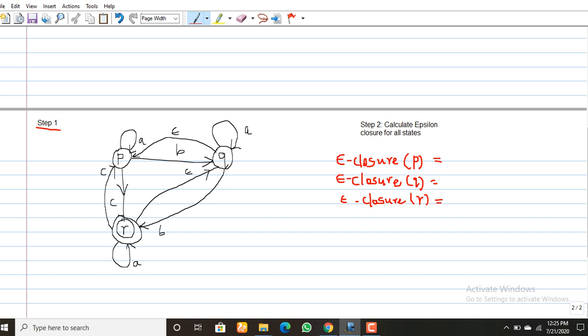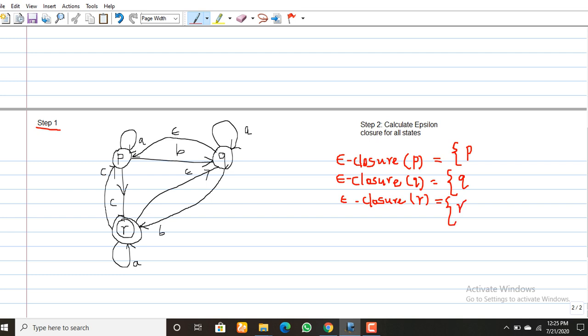That is epsilon closure of P, epsilon closure of Q, epsilon closure of R. First, epsilon closure of P. In every case, epsilon closure of P starts with P, epsilon closure of Q starts with Q, and epsilon closure of R starts with R. This is the default one.